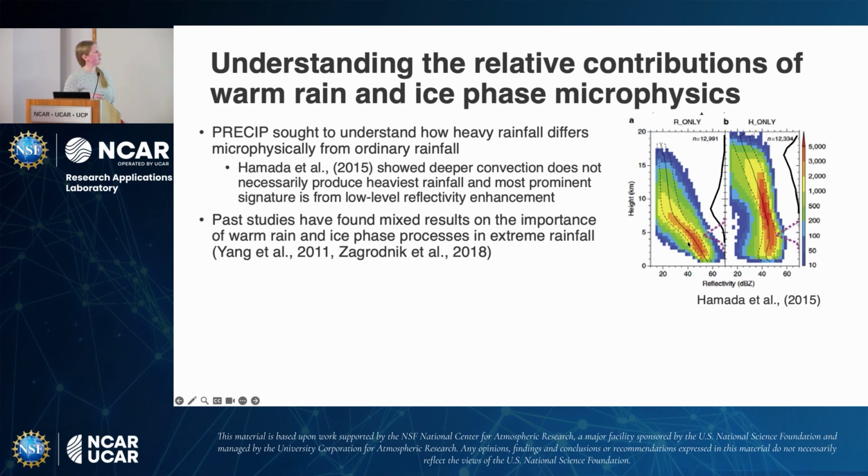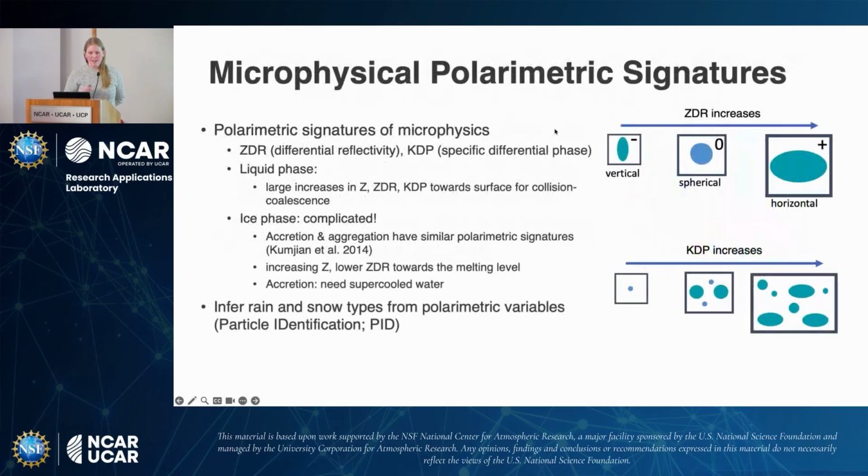But other studies have found mixed results on the importance of warm rain and ice phase. Every time you have a different radar, they have different paths of attenuation, et cetera. So yeah, PRECIP wanted to examine again how heavy rainfall differs microphysically from ordinary rainfall. And for a quick polarimetric radar background,